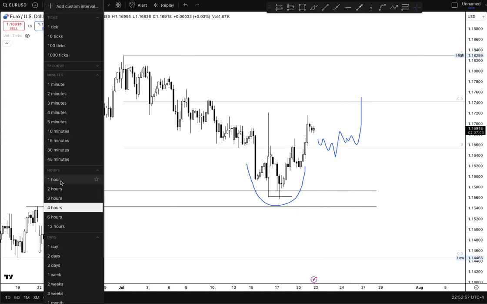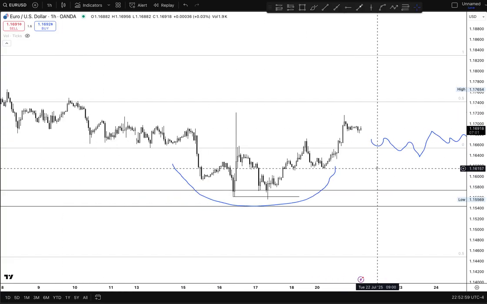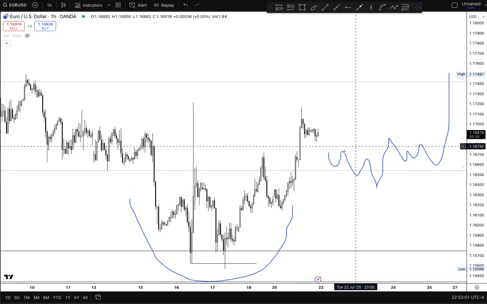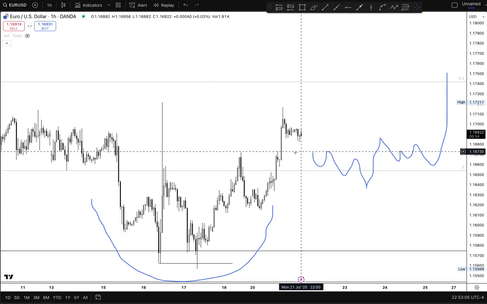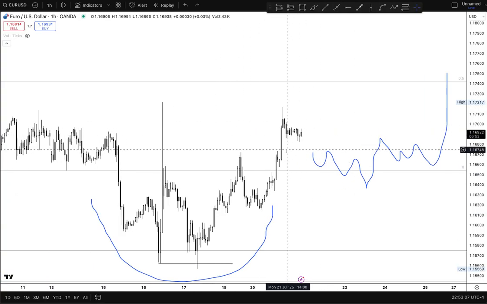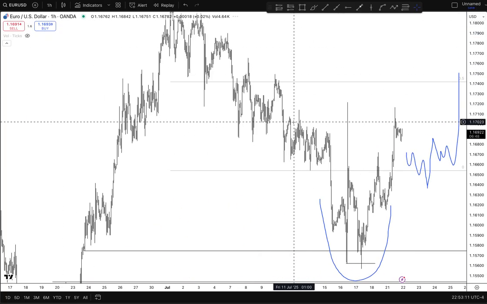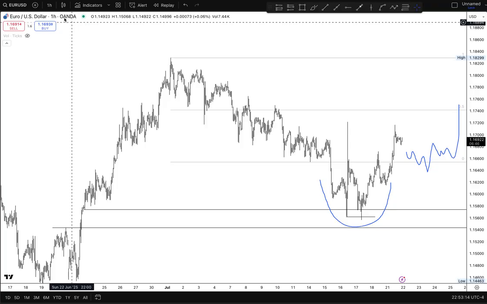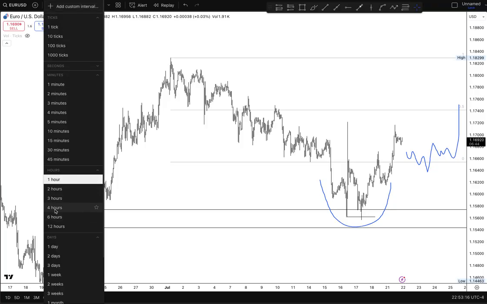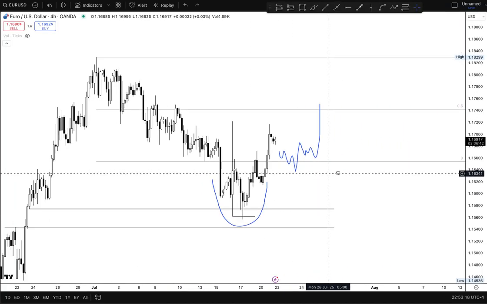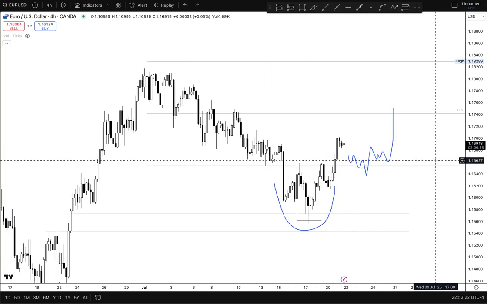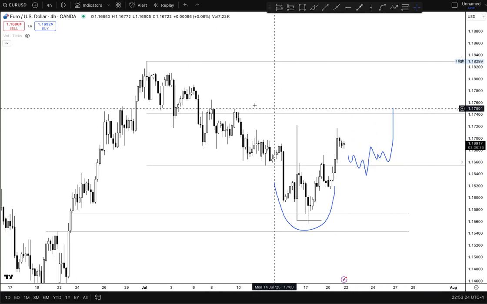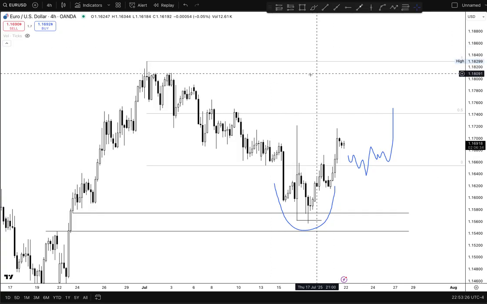If you go into the 1-hour time frame, looks like we do have an imbalance down here. In terms of euro, I will be looking to trade this range here. So we'll see if we can get a retest of this range low, and then I will be looking for longs here on euro most likely.